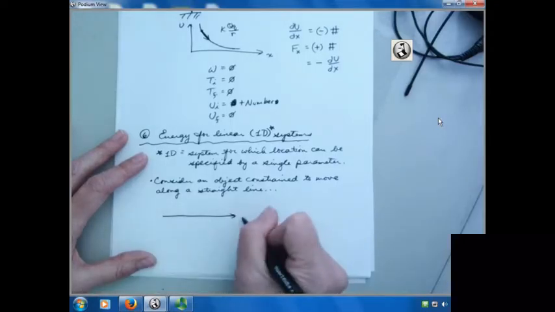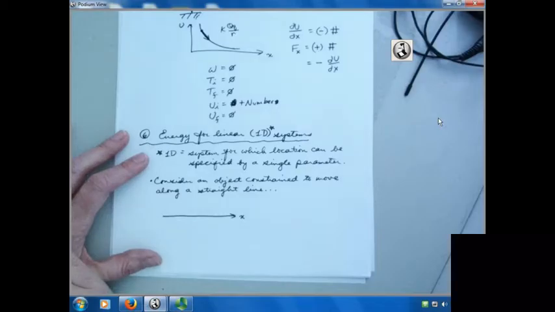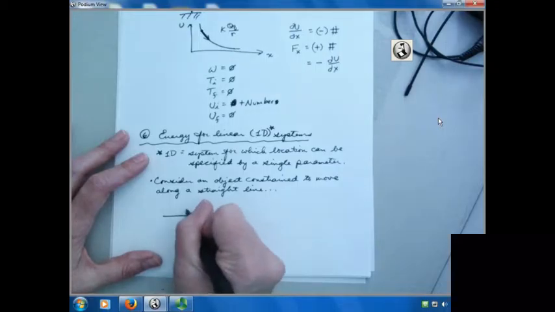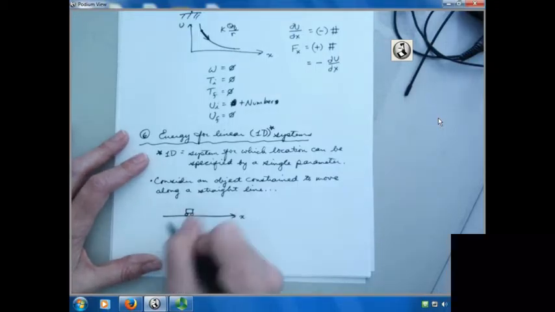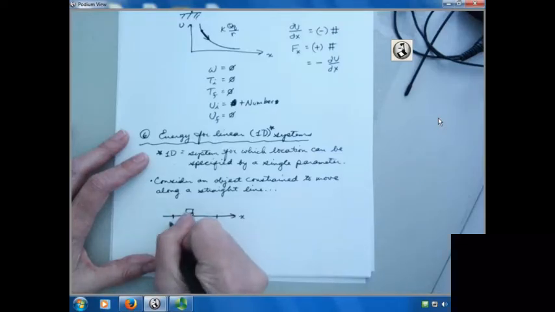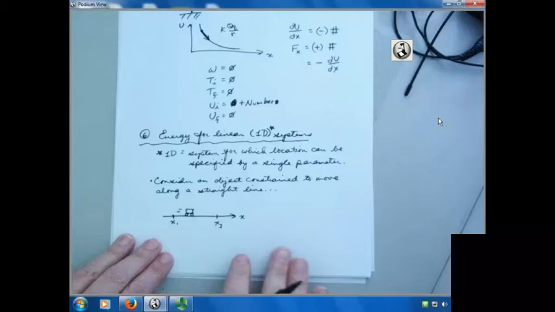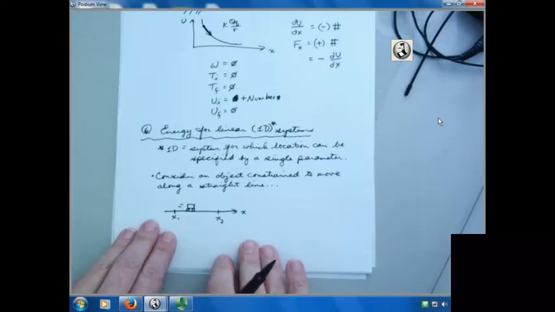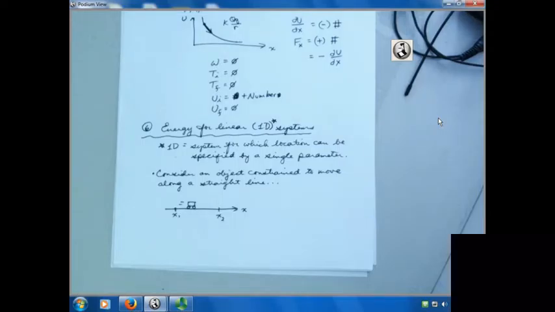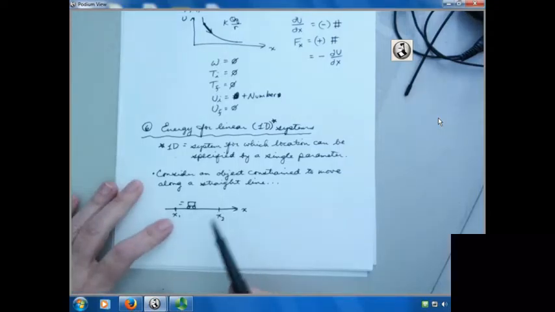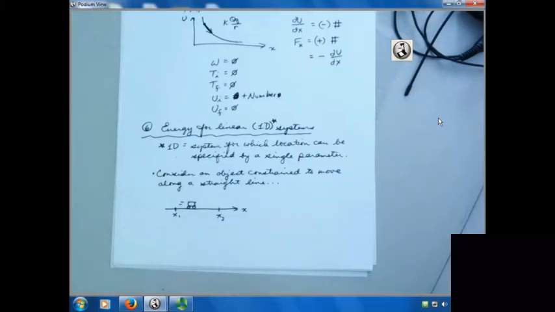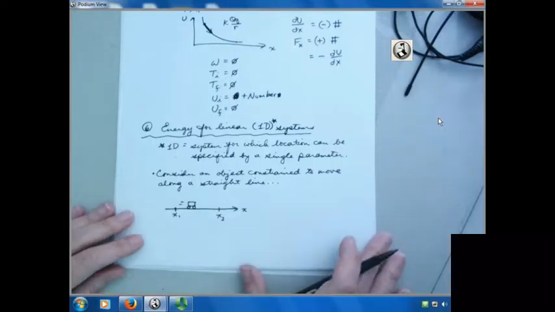We have our path to which our object is constrained that we'll call the x direction. And maybe our object is one of those little carts from our physics lab. So we started off with some x initial, or x1, and we moved to some value x2. So here it's moving along. All right. So if I want to think about the work done by force on the system, I do not have to think about motion in the y or z directions, or components of force in those directions, because the object doesn't move in either of those directions. Therefore, there can be no work associated with components of forces in those directions.